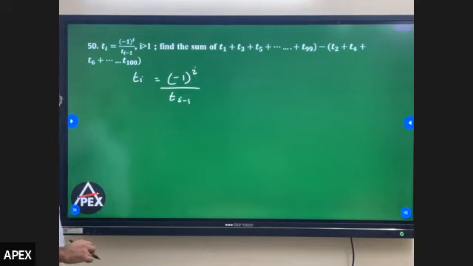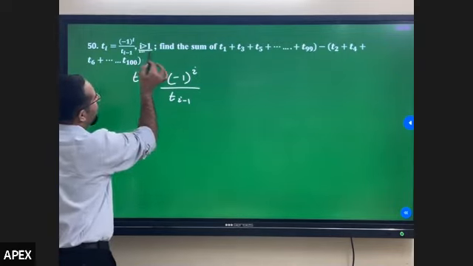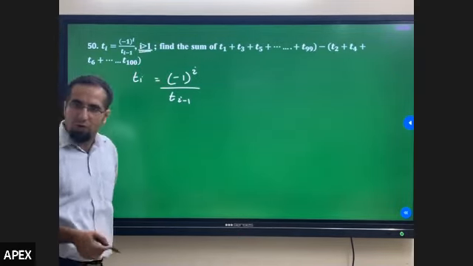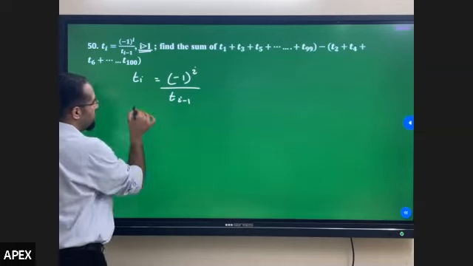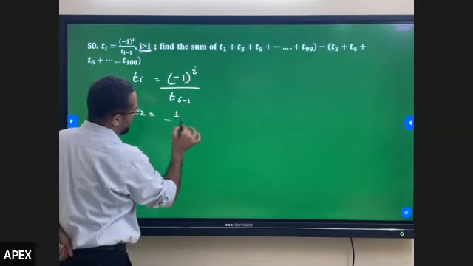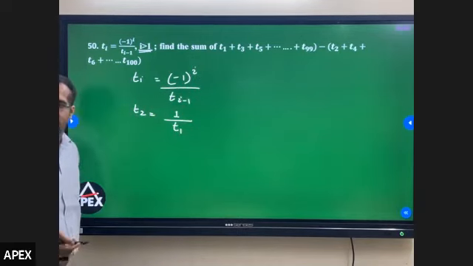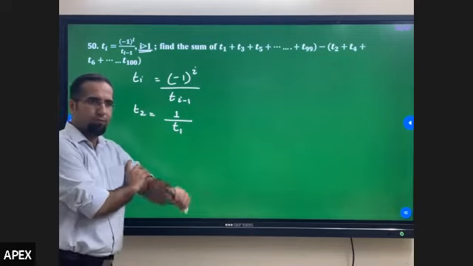So what is T of 1? T of 0, I don't know, since it says i greater than 1. Okay, keep T of 1 as T of 1, because everything will come in terms of T1. The question is clearly telling you i is greater than 1. So let's replace T2. What is T2? T2 is minus 1 squared, that becomes 1, divided by T1. Everything will come in terms of T1, so nothing to worry about.